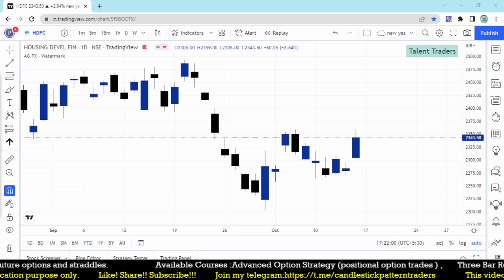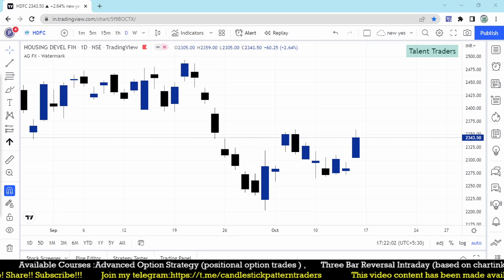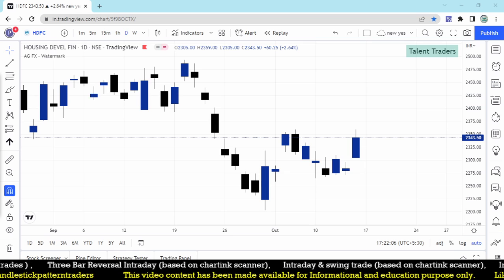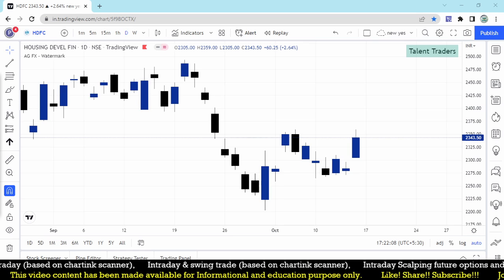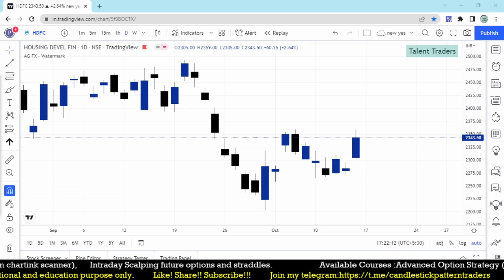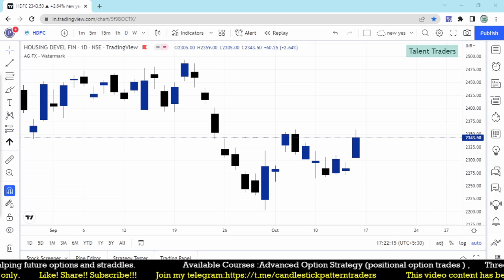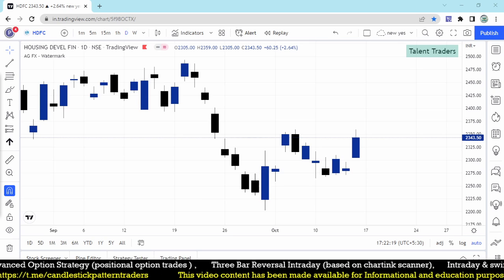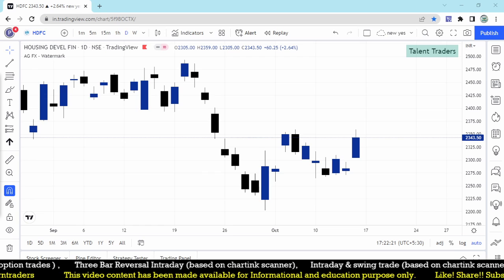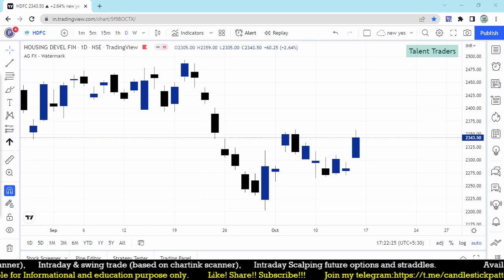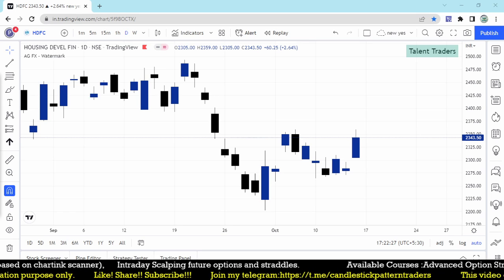Trading strategies. And in this video, I'm going to discuss a new thing: how we can find stocks for tomorrow's trade or a BTST kind of trade by using the charting scanner. So let me do the backtest and also try to understand the concept we are going to discuss. And this stock, HDFC, would be the reversal here